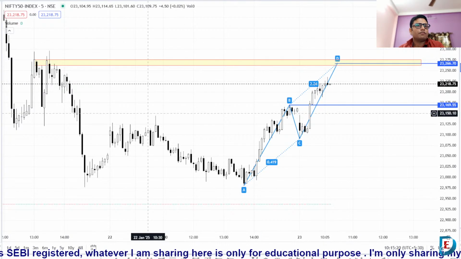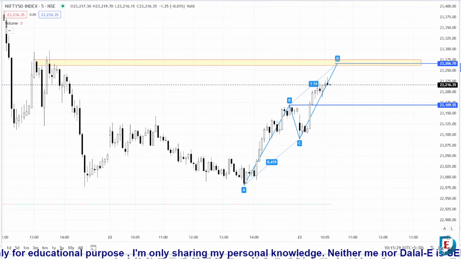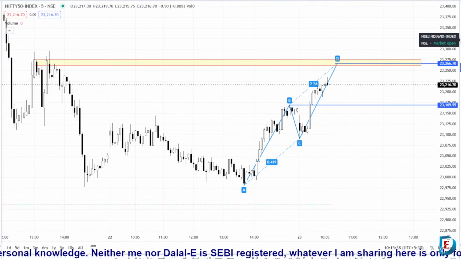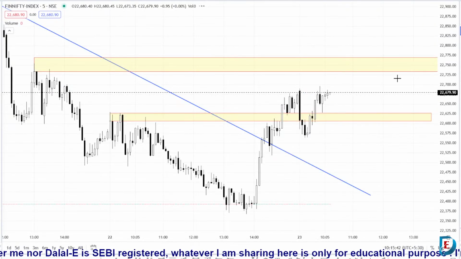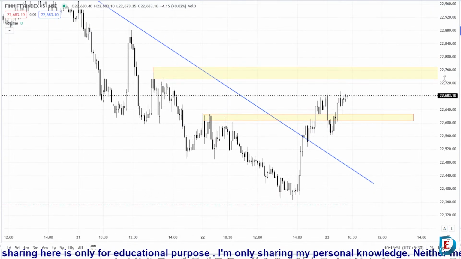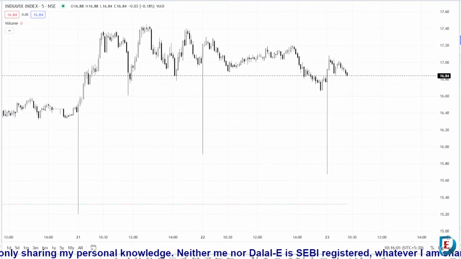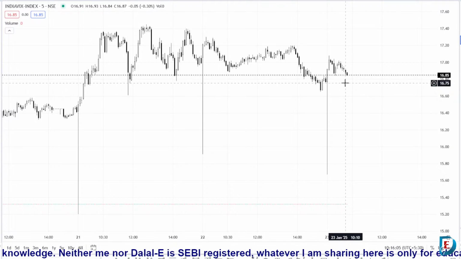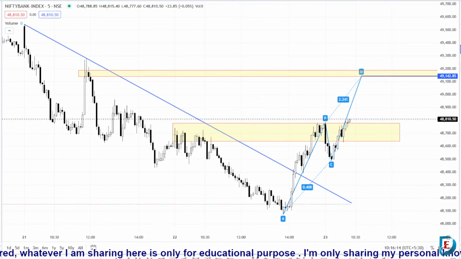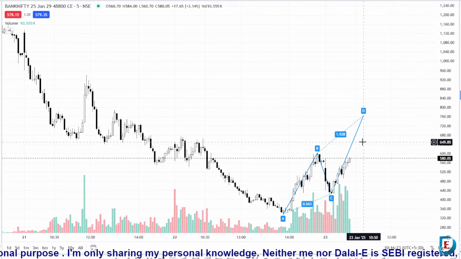Let's move into Fin Nifty. Same kind of scenarios everywhere. Now, VIX is getting down. It's coming down. That means it's not a good time for option buyers, but price will go up. Maybe not immediately, but eventually,